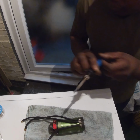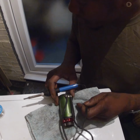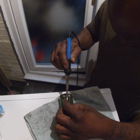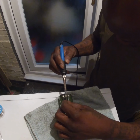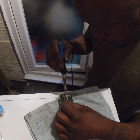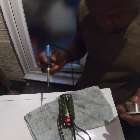All right, I'm gonna do it this way so you guys get a good angle of it. So I'm gonna put that in here. All right, I'm gonna put a little more solder onto it, seeing that it